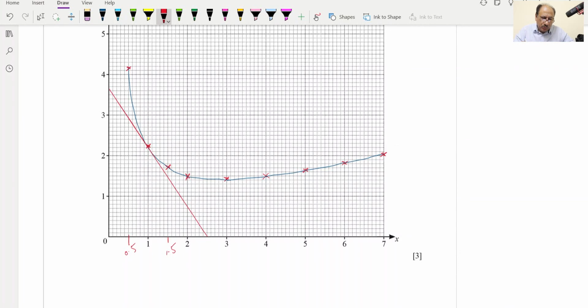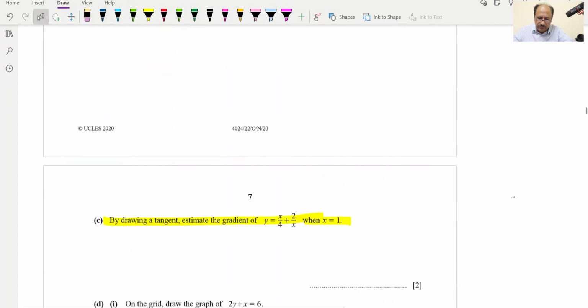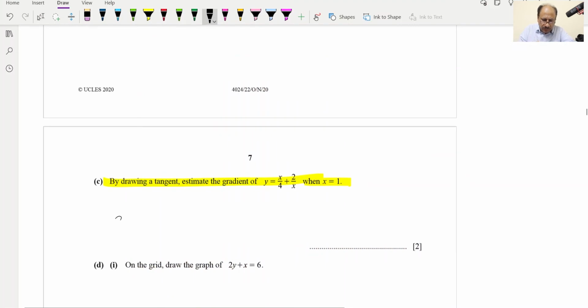Yes. So now we can consider this triangle, and the triangle will be like this one, this triangle we will be considering, and we will be checking for the rise over run. So this side is 3.6 and this side is 2.5. So 3.6 over 2.5, we can check for the gradient,